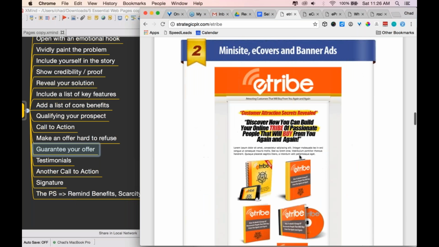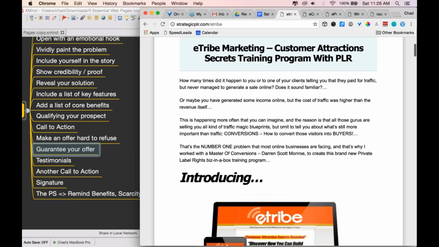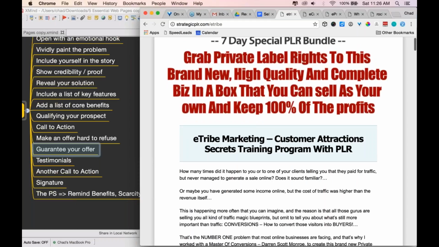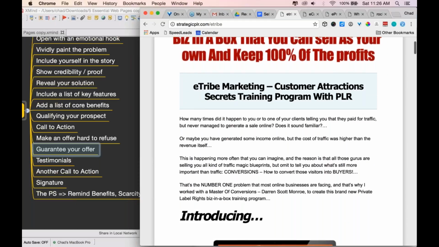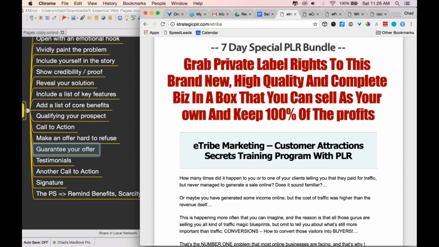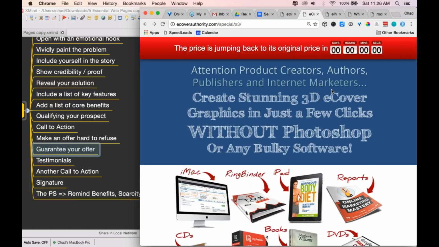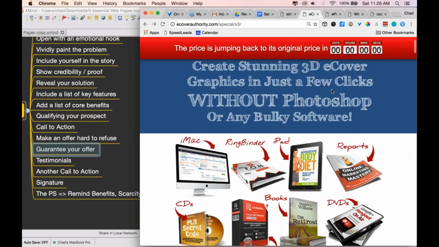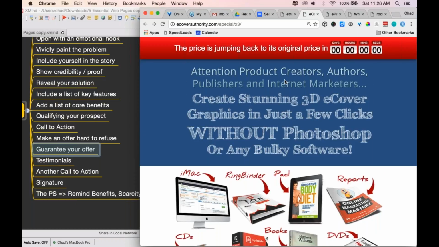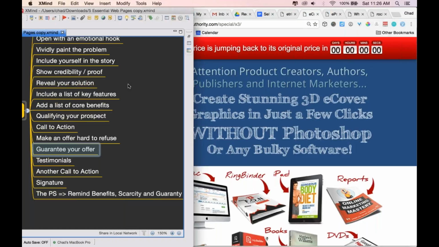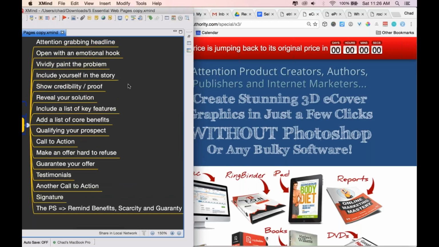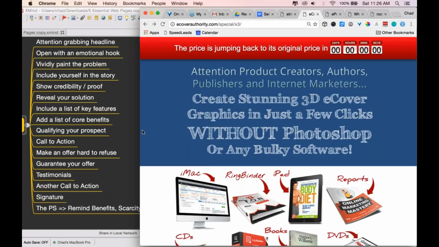Okay, so this is a simple sales letter. I just wanted to show you that you can start simple, even from the layout point of view. It's really clean and simple, nothing really complicated. Now I would like to move to another sales letter. It's the one for eCover Authority. Everybody here knows about it, I'm sure. So just let me rearrange this. Okay, so this is a more complex sales letter,